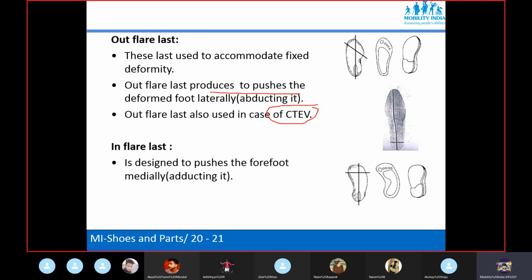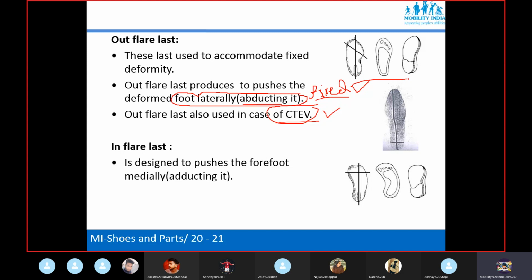Even if the patient has an abducted foot, if that one is fixed, in that case also we need an out flare. So there are two different deformities, in one the deformity is fixed and in another it is flexible.